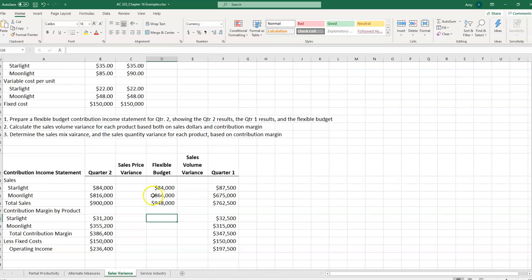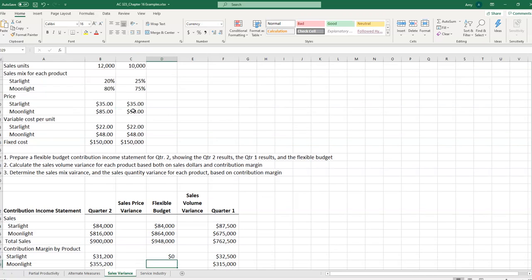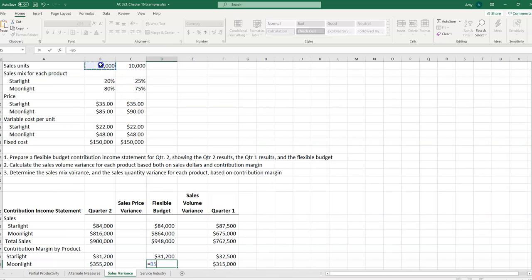And for contribution margin, sales minus 12,000 times 20% times $35. And for Moonlight, we would take 12,000 times 80% times 48, sales minus